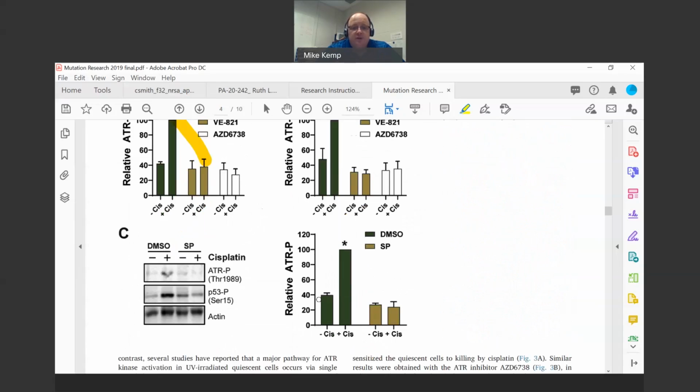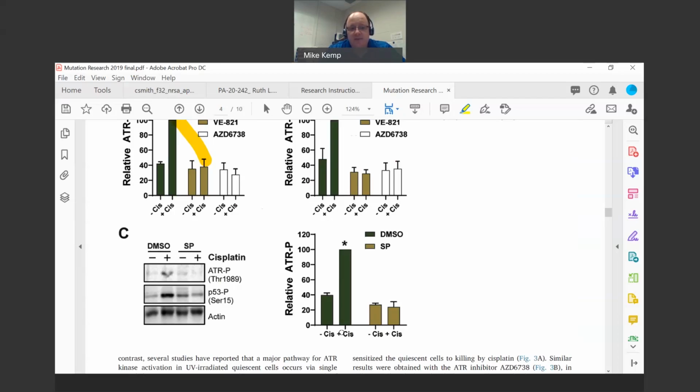So one of the questions in the field is, how is ATR getting activated in non-replicating quiescent cells? So we know a lot about what ATR does in proliferating cells, and the model is that when you have DNA damage, it stalls DNA polymerase movement, but the helicase continues to unwind DNA, therefore leading to long regions of single-stranded DNA that recruit RPA and that recruit ATR to become active. And there's other proteins involved. This is, again, an oversimplification. In quiescent cells, again, we don't have any DNA synthesis, or not the same level of chromosomal DNA synthesis for sure.